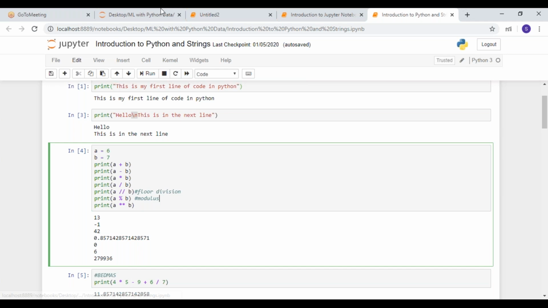Is it 6 or 8? Oh, you are saying we have first defined A is equal to 6, and again